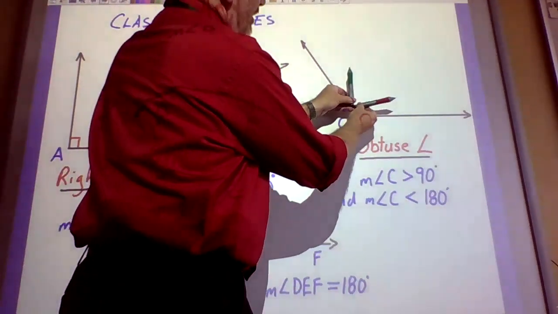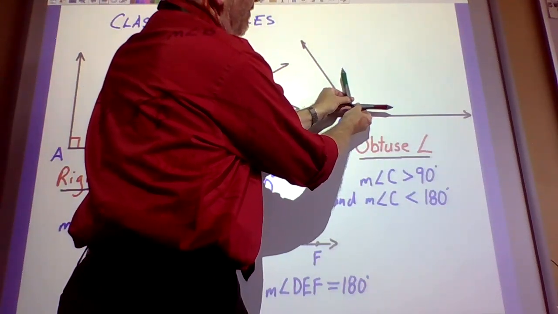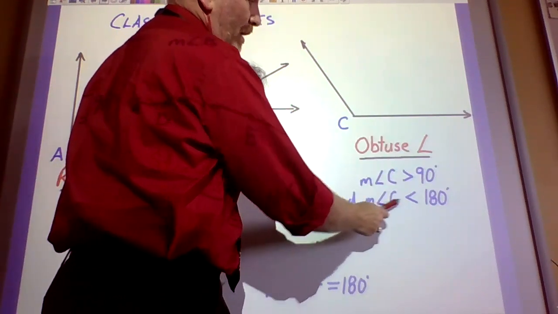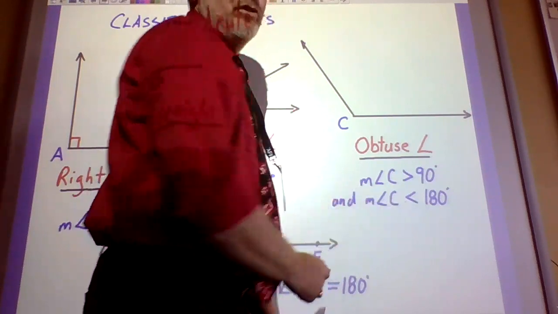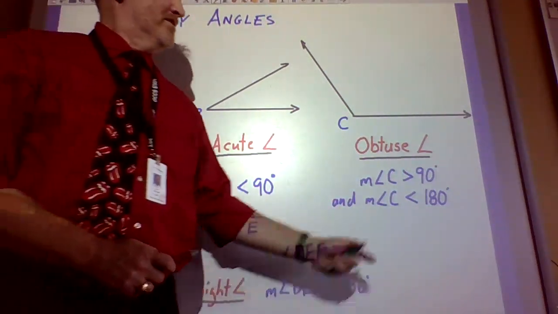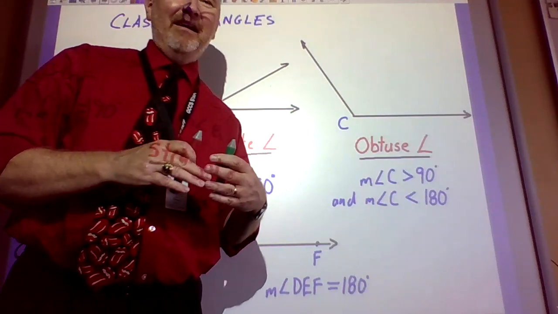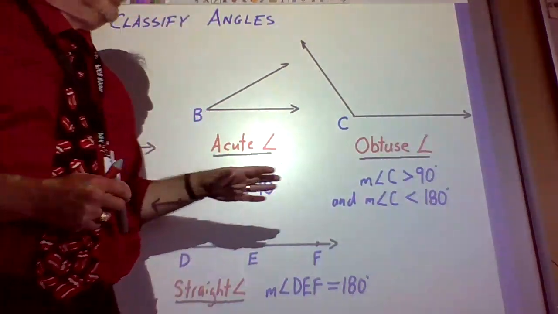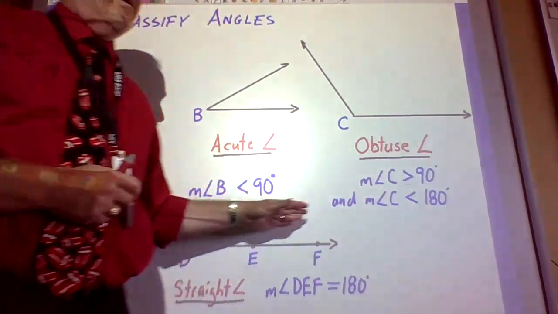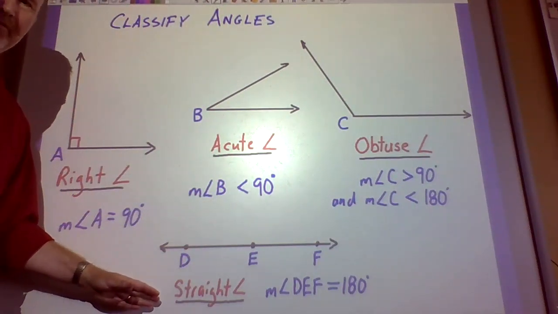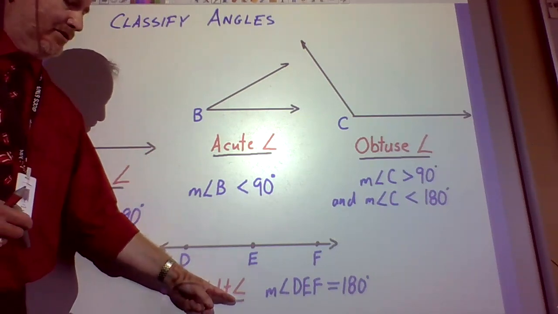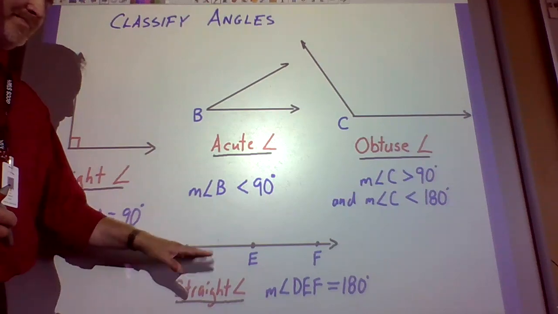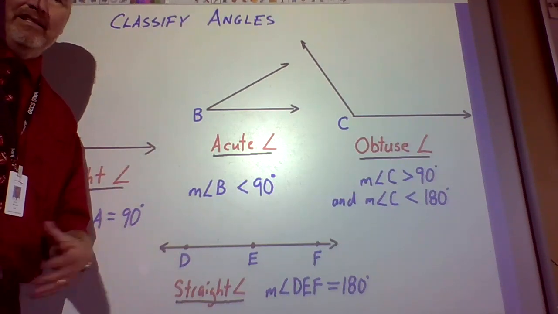So you can be a 90.01, and you start getting bigger, you're obtuse all the way, but stopping before you get to 180 degrees, all right? So 179.99999 forever is still obtuse, but when you get to 180 degrees, that comes to the last type of angle, the straight angle. And the straight angle, it's 180 degrees, and you guessed it, it's basically just a line, all